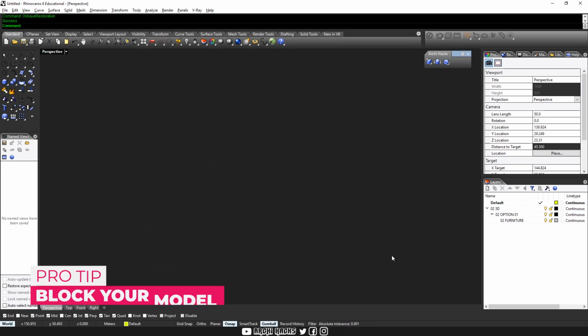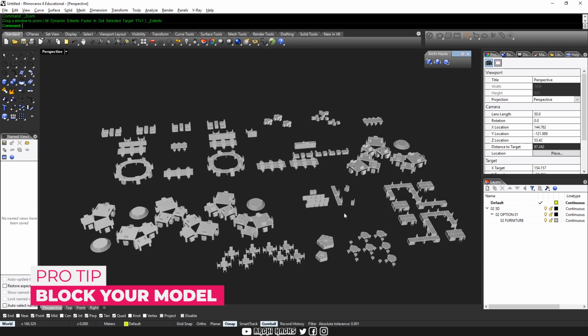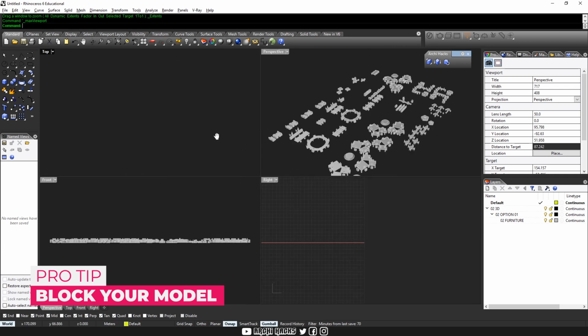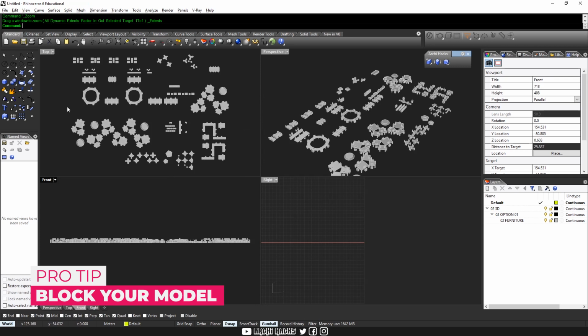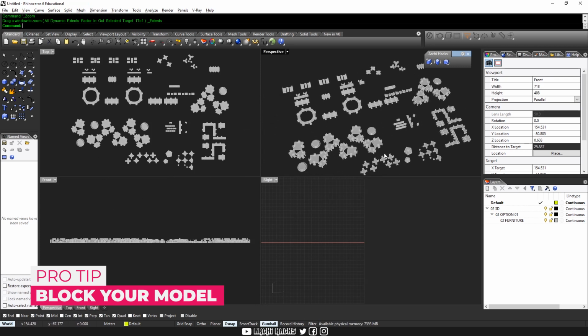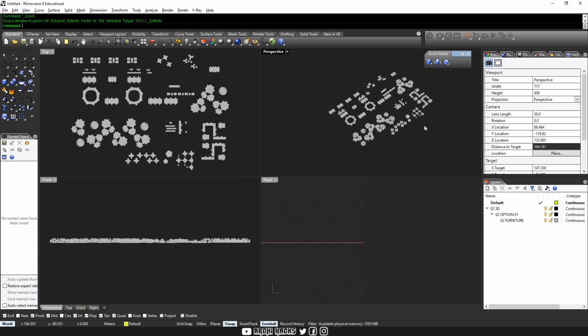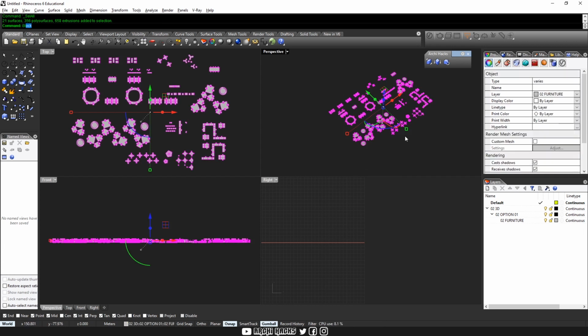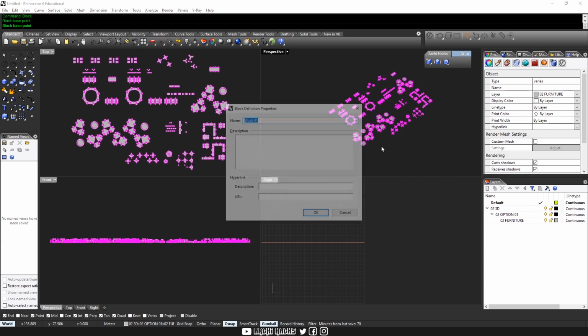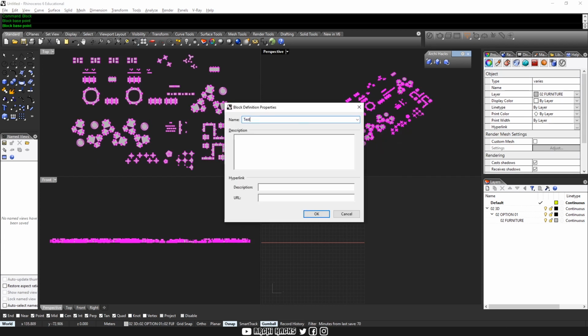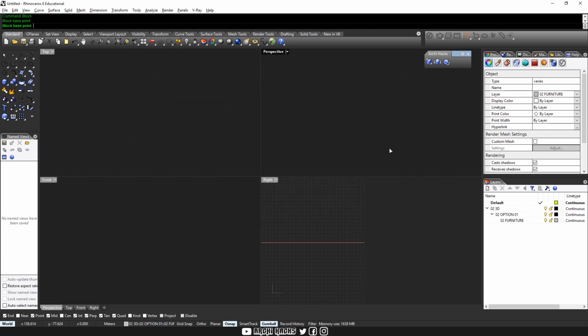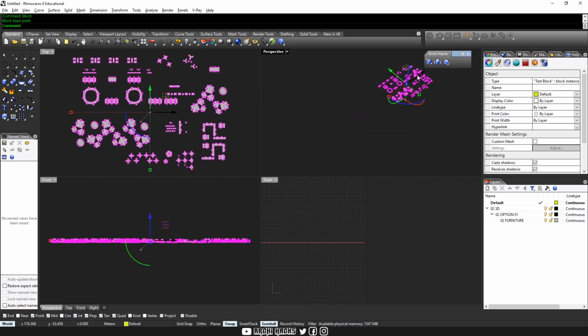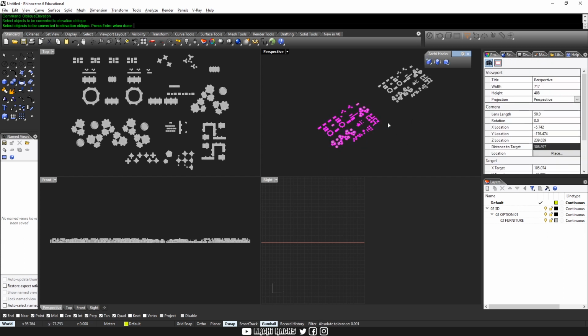If you want to keep up your workflow of editing in the 3D space, but keep checking how it looks in either the plan or elevational oblique, what you can do is select all your objects and turn them into blocks. So I'll select them all, type in block, then I'll choose a random point, and I'll say this is test block. Then once this is created, you can make a copy of this one, and once you transform one of them,